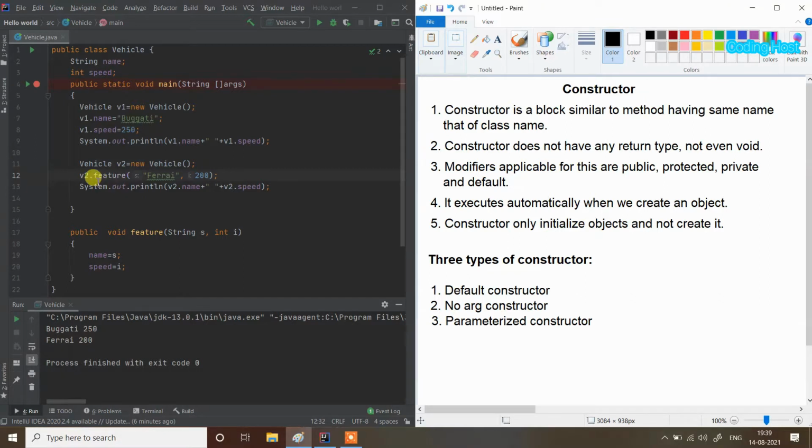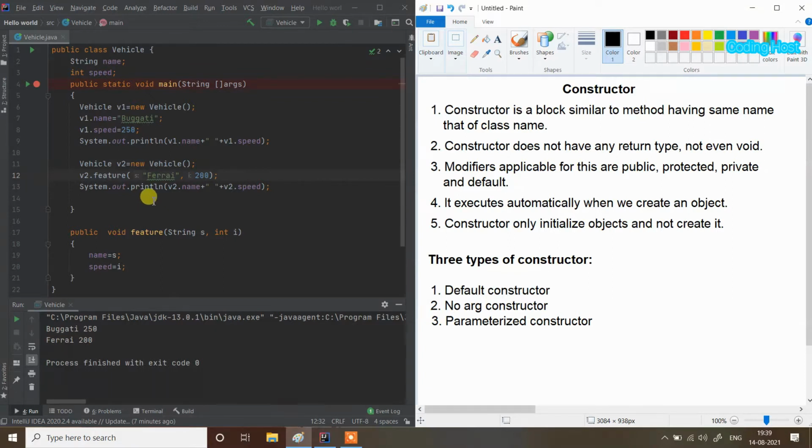The second way is to make a method with variables, use our object to call this method, and pass values which get assigned to our instance variables. That's how we can also initialize our object.